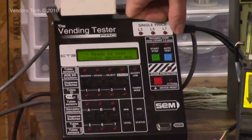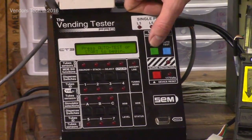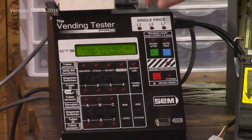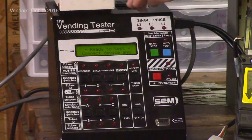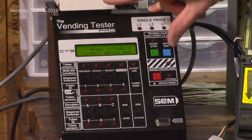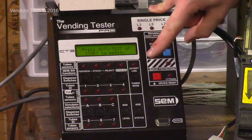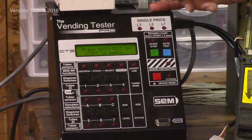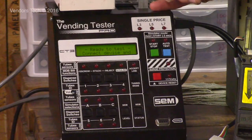The green button is your start stop button, and you press it twice to tell the tester you have a 24 volt item connected to it. If you're going to send 110 to either the single price changer port or socket or the 15 pin micromech socket up here,